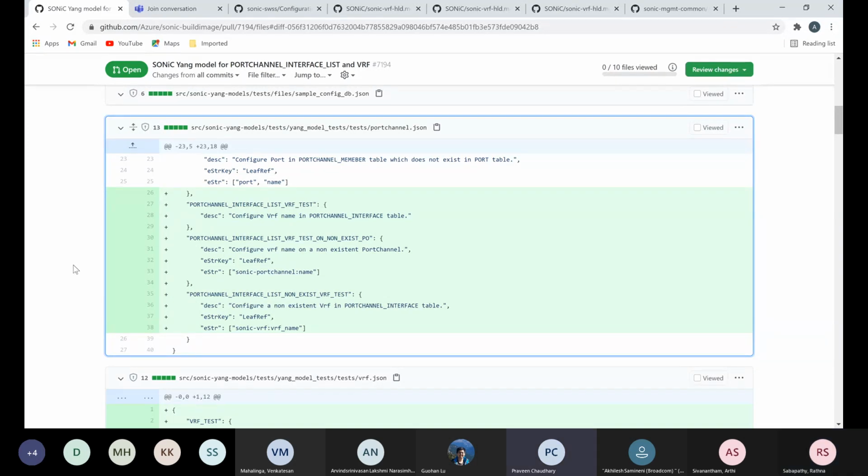I'm talking about those configurations where we just say IP address and put curly braces and write nothing inside it. That will be supported, right? Because it just goes in that port channel interface Yang model. The key is just the port channel name, and inside that we have a leaf attribute. We just say port channel name and write curly braces, right? Correct. That part will be supported, because if we write just the curly braces, it means there is nothing